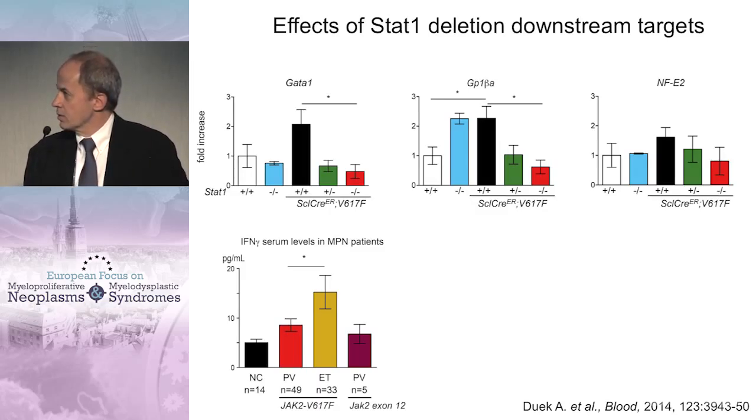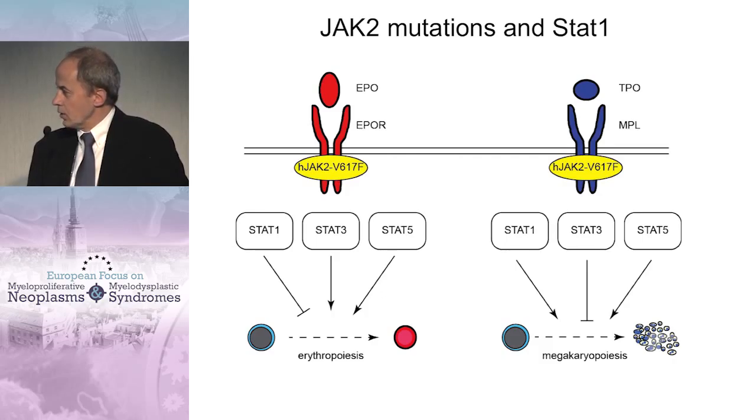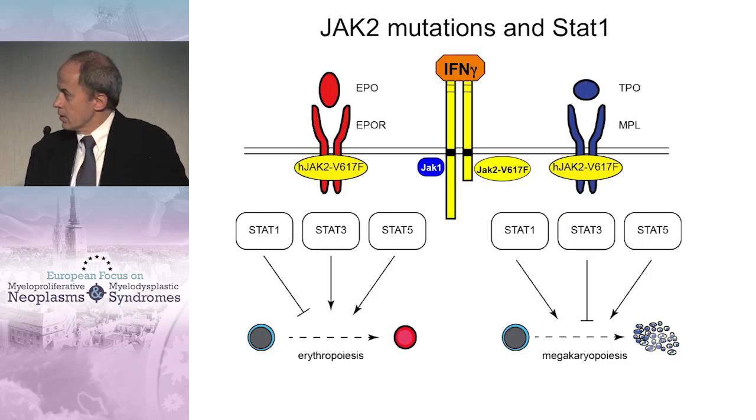The deletion of STAT1, as predicted, will affect the expression of target genes that are downstream of STAT1. And interestingly, we found that in patients with PV, ET, and PMF, the base levels of gamma interferon were slightly higher than the controls, and they were highest in the ET. Why is this potentially interesting? It's potentially interesting because the STAT1 is not directly targeted by the mutant JAK2. Instead, from the EPO receptor or TPO receptor, instead it is